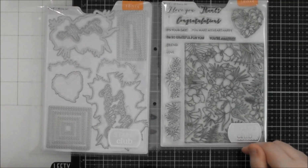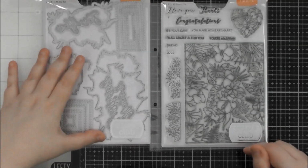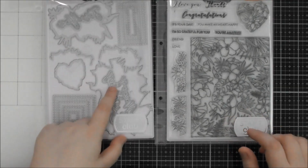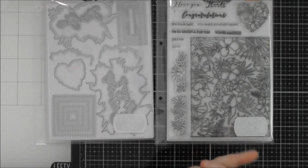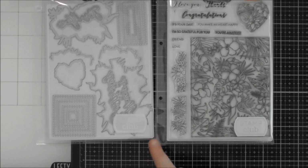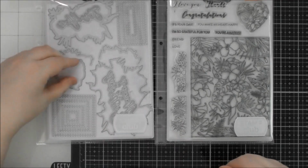I was just winging it for all of my ones, but I do kind of wish I'd put the effort in and actually made myself a little template guide to line the die up into, so that I would know that I was getting it to cut out perfectly. But I'll show you that later on, how you can do the template guide to get it to be perfect, or you can do the method that I've shown you multiple times, especially with this heart one